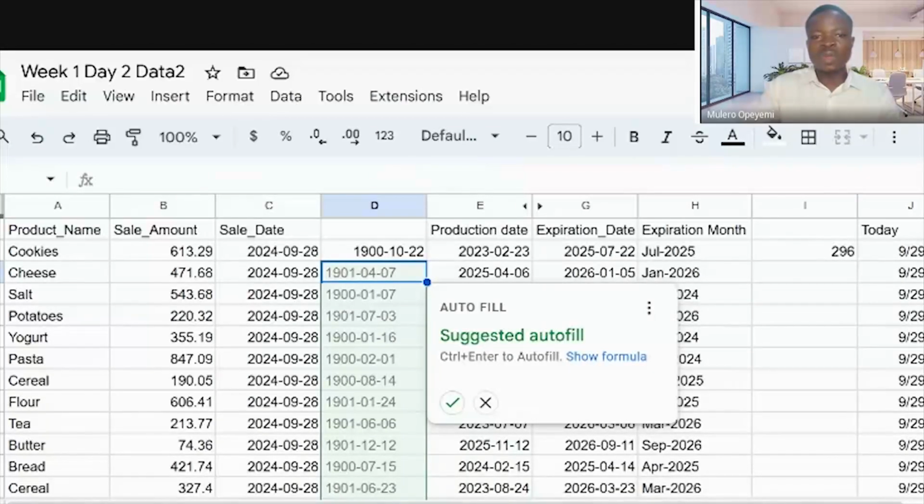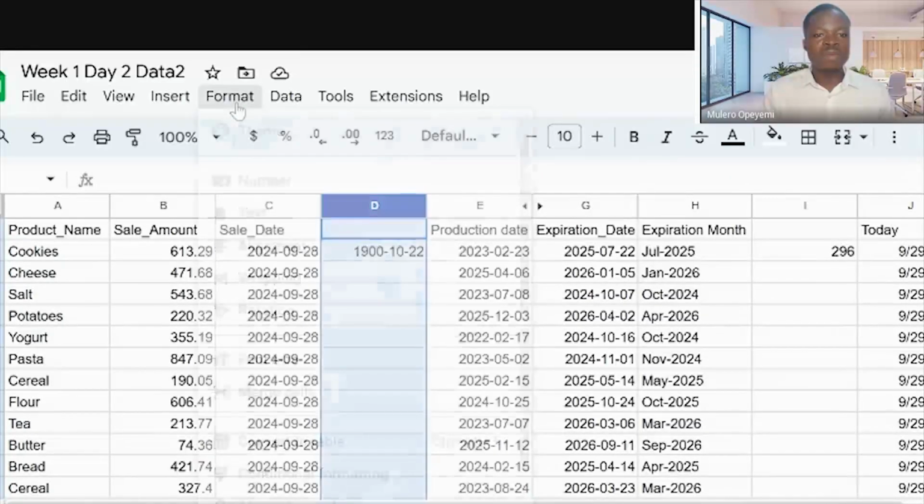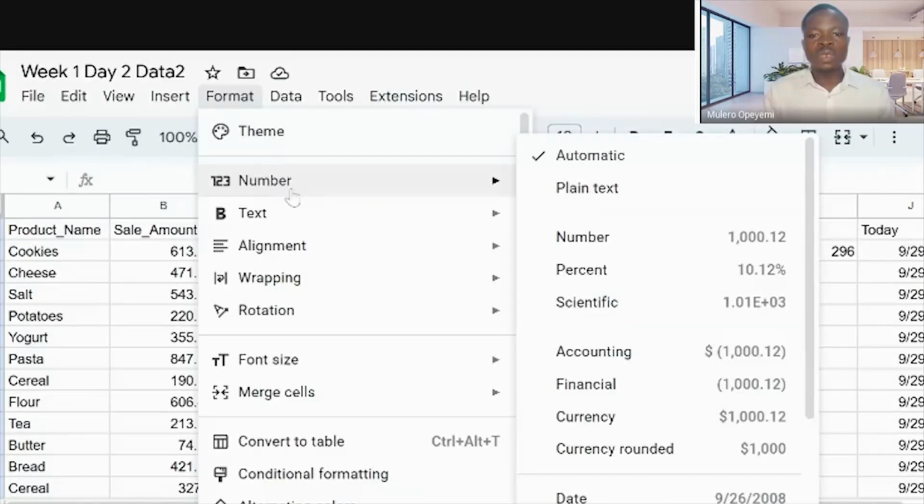Many times you get this kind of issue. There was one thing that we did some time ago, and you start feeling like perhaps your formula was incorrect, or there's a problem with the settings of the software. But that's not true. Very simple. All you need to do is to reformat that column. If a column is formatted as a column that supports date alone, and you need a number, format it as number. If a column is formatted as a column that needs a number and is showing a date, format it as number. That's the way it is. So how do we format? Just select the cell, then click format. So in this case, we want number, so just click on number.